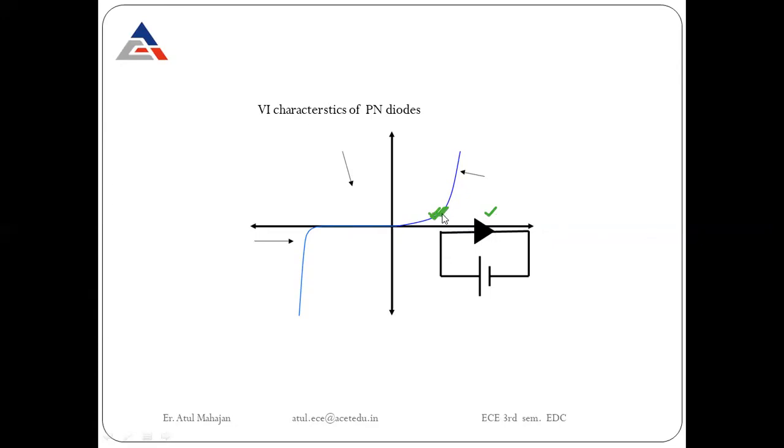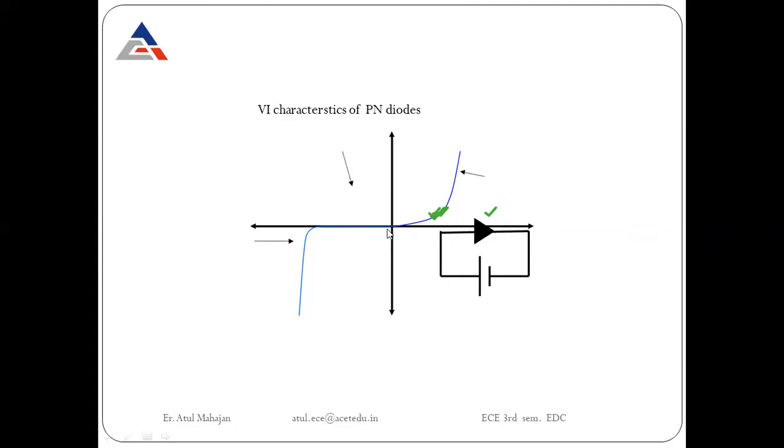Okay. This is increasing. The green ticks are showing the region where it is increasing. The current has started to increase with the increase of voltage from this point. This point is being enhanced, and it is reaching the maximum level of the current with the increase of the voltage. So that is what is going to happen in this case.